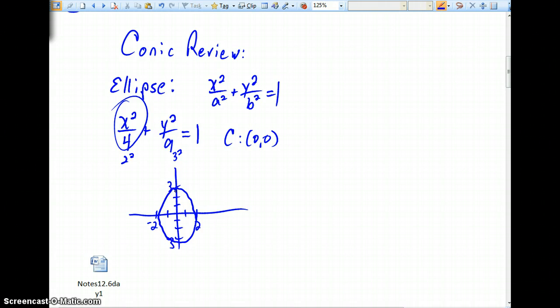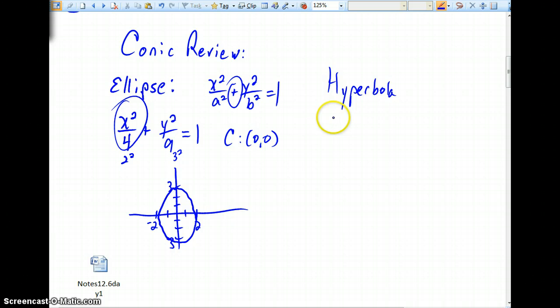Obviously, if our a and b terms are to be equal, we'd actually have a circle. But that's an ellipse. You'd always see an addition of these squared terms. Very likely your longer axis, called your major axis, that definitely could be going in a horizontal direction if your a term is larger. Now, when you're talking about a hyperbola, though, you're always going to see some